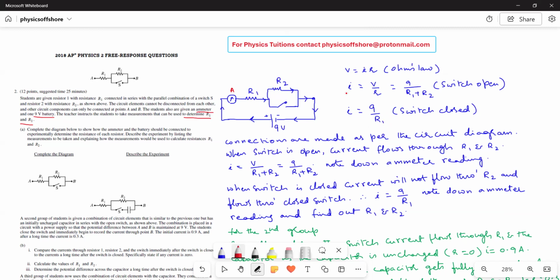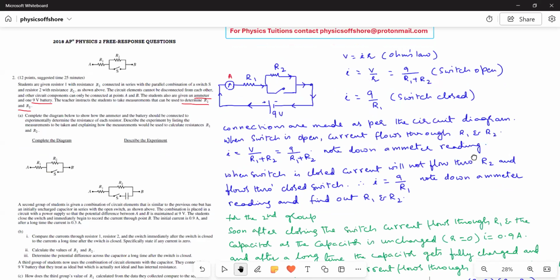So from these two equations, because we know I, we can calculate the values. From this, R1 can be calculated. From the value of this one, R2 can also be calculated. That is how we can calculate. And then next,